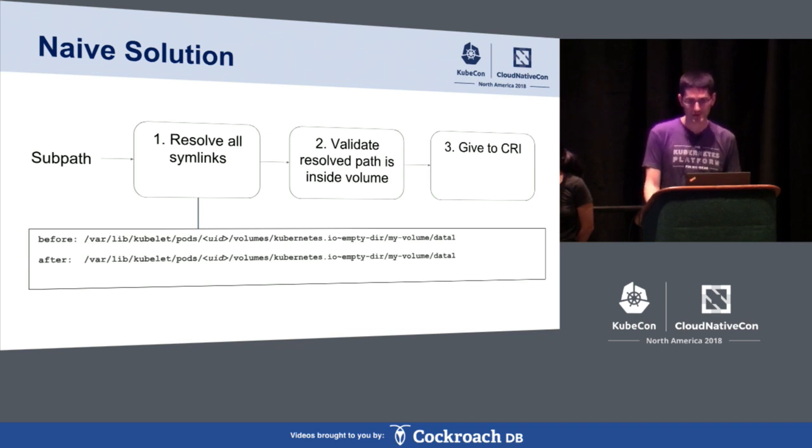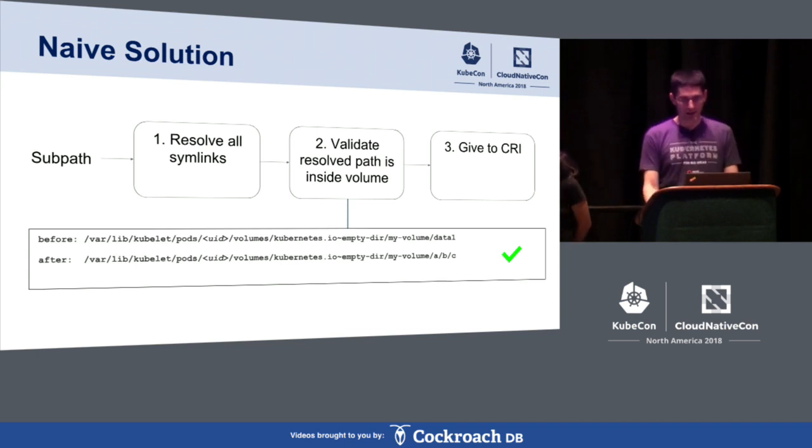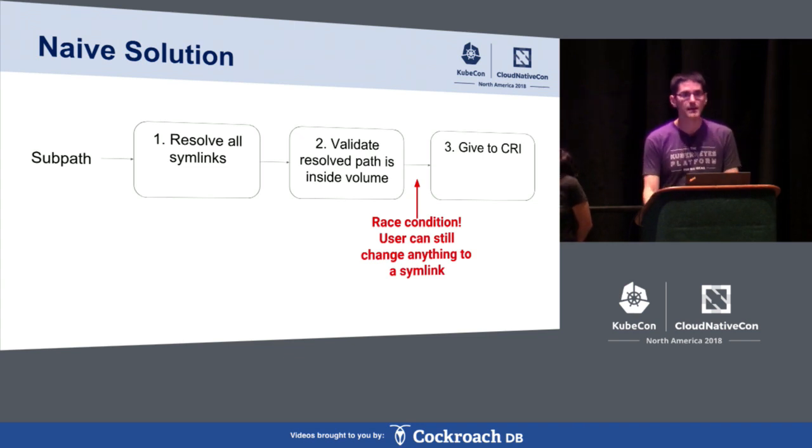If the subpath is not a symlink at all, we resolve symlinks and we get the same path as the result. We can see the subpath points inside the volume, and it's safe to use, so we allow that. And if the subpath is a symlink, but the symlink points inside the volume, we want to allow that too, because people already use that, and it's a pretty useful feature of Kubernetes. So we want to allow this use case. So when we evaluate this, we either allow or deny the pod and give the final destination of the symlink to the container runtime. This is obviously wrong, because